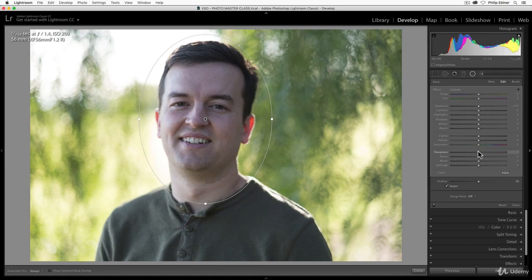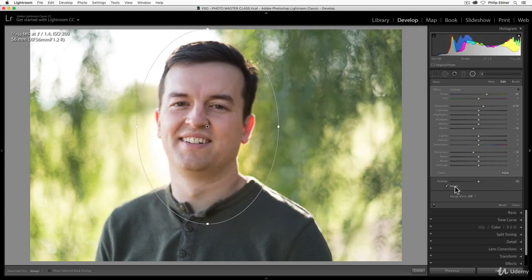Let's actually do that a little bit. We can decrease the sharpness just a little bit. We can increase the exposure. Maybe bring down the blacks. We can make it a little warmer. So this way we are adjusting the white balance of just my face because maybe we like everything being a little bit more green. We can adjust the size of this again by just clicking on the edges, dragging them in or out. We can click the middle to move it around.